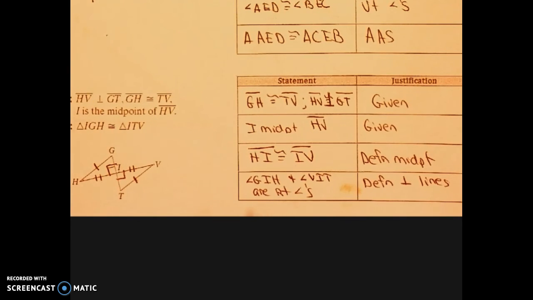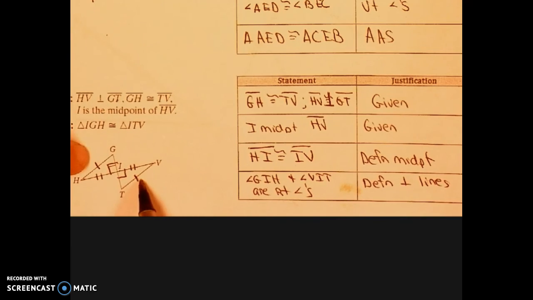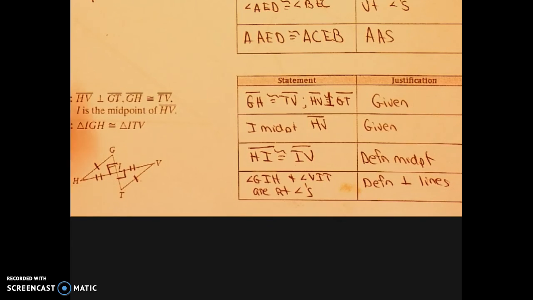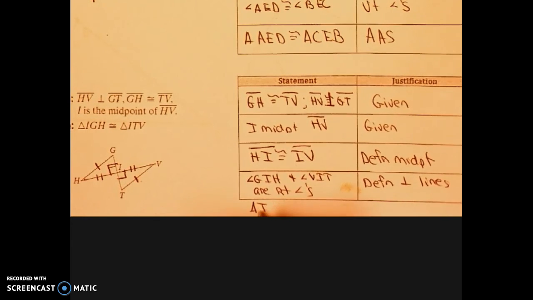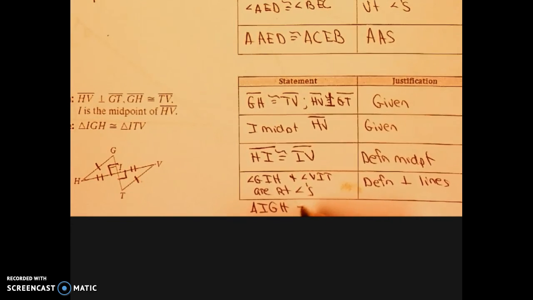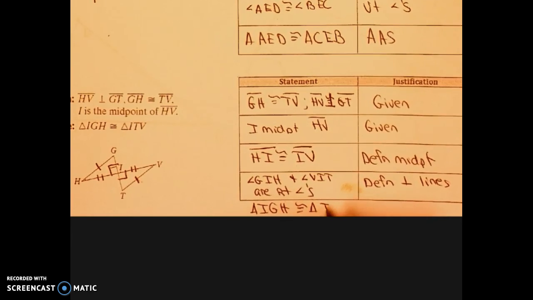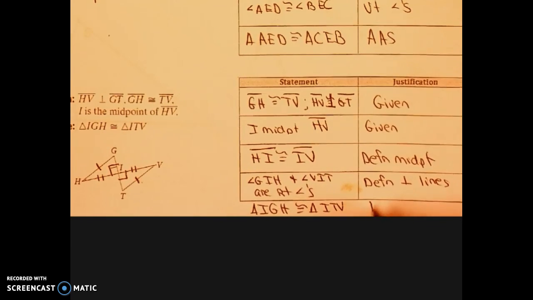Because I have right triangles, I'm looking to see if it might be hypotenuse leg. Take a look. You've got your right angles. Here's your hypotenuse congruent. Here your corresponding legs are congruent. So finally we've got triangle IGH is congruent to triangle ITV, and our reason